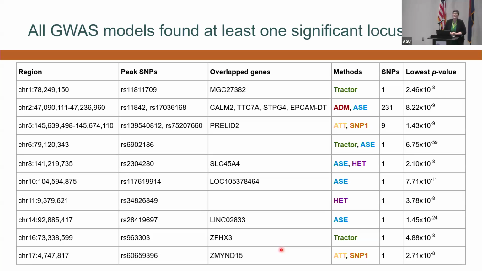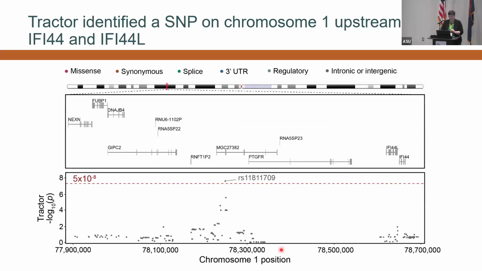So here are the 10 different loci that we found. You can see every method that we used found at least one locus. And the one that I'm going to focus on for purposes of the talk, since I have not that much time left, is this chromosome 1 hit. Okay, so this is a Manhattan plot. The y-axis represents the negative log 10 value of the p-value of the association between having that genotype and having disseminated disease. So the higher the number, the more that variant is associated with dissemination, either positively or negatively. So this is our hit here in chromosome 1.